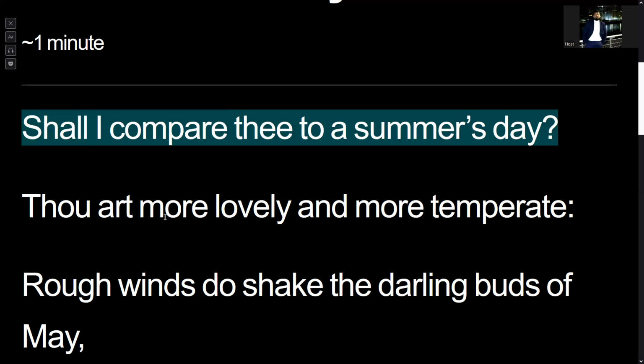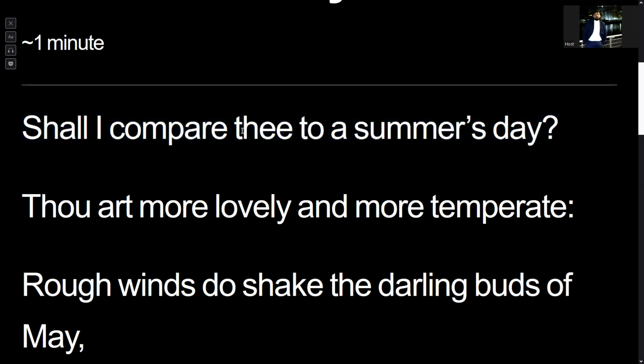The other thing to notice about this opening line is that it's in present tense. In other words, he's saying right now, shall I compare you to a summer's day right now? It's not past tense, and it's not talking about someone else. Okay, he's saying the, meaning you. It's very different if he had said, shall I compare her to a summer's day, or shall I compare them to a summer's day? So again, you feel completely that the speaker is speaking to you directly,